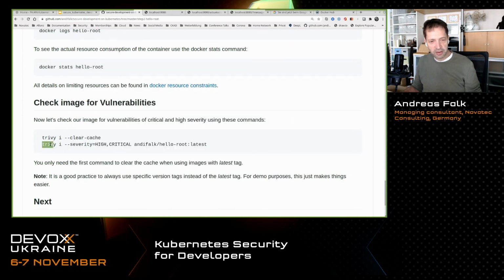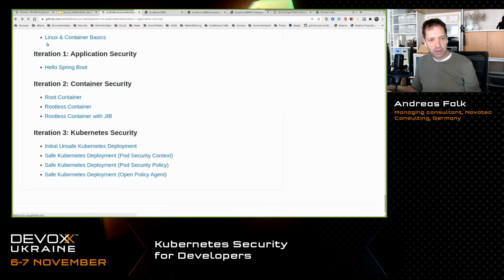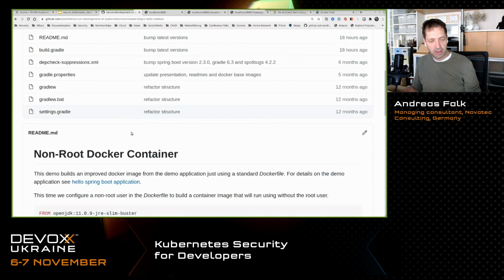So Trivy is really easy to install. Just download the binary and then execute the binary against your image. And as I've already told you, you can easily integrate Trivy in the Harbor registry, for example. To make it a bit more secure now, you can build a rootless container.